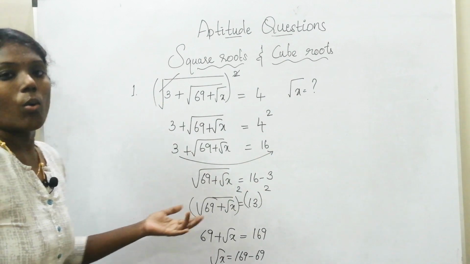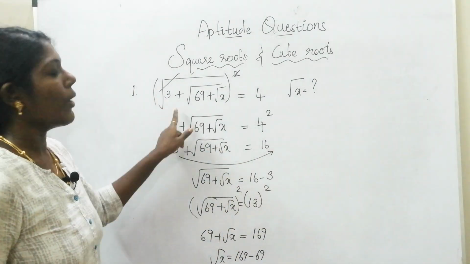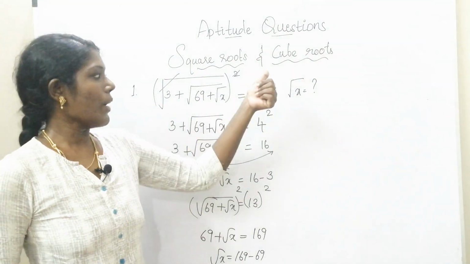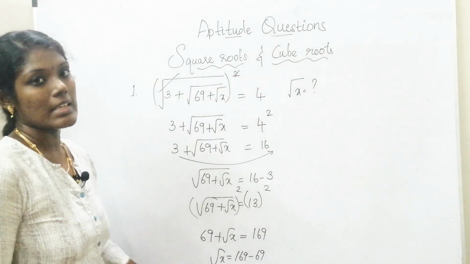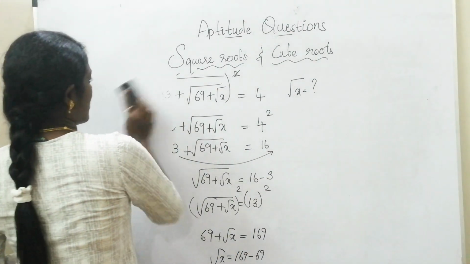That's all. So one simple tip: if you square on both sides, automatically the square root gets cancelled. Square and square root getting cancelled is a single tip that you are going to use in this whole question. The next question is,